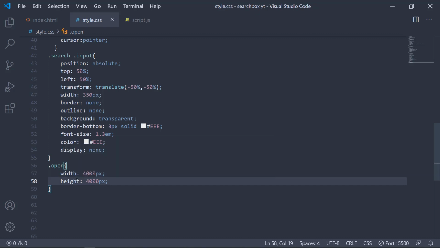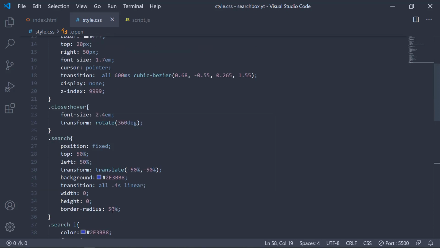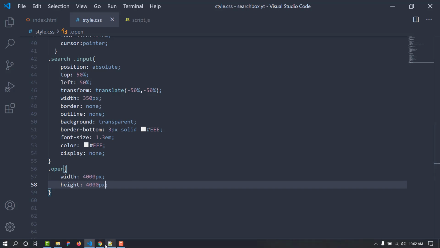We need to give the same width and height to make it circular, because if we put the border radius of 50%, it will only make a square look like a circle, and if the height and width are dissimilar, then it will make an oval shape, and we don't want that. So if we click it, it will grow and finish as a circle, and it is looking great.